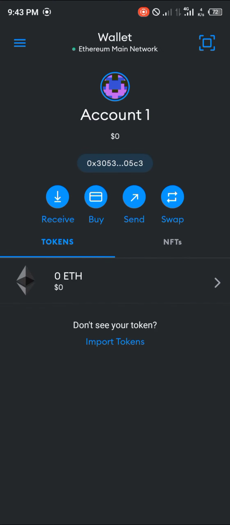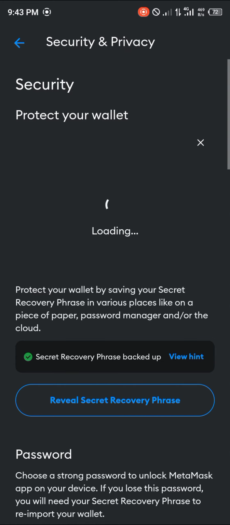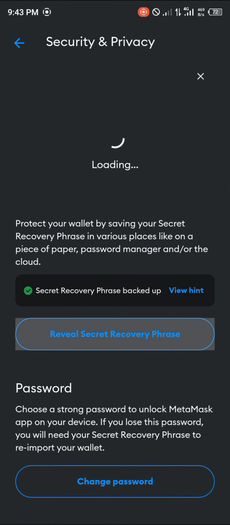Once there, you head over to settings, click on security and privacy. Once that's done, click on review secret recovery phrase and you enter your password. And once that's done,